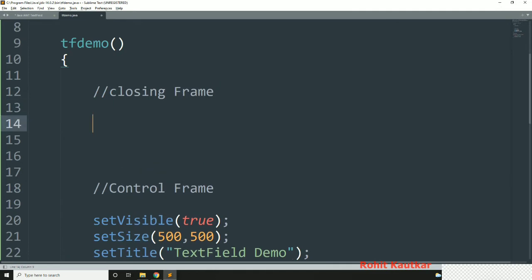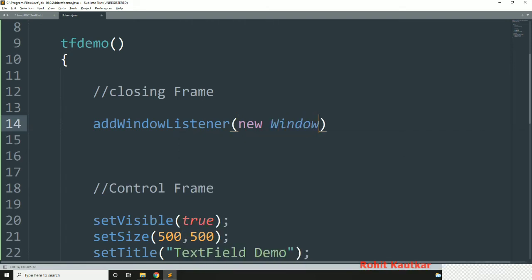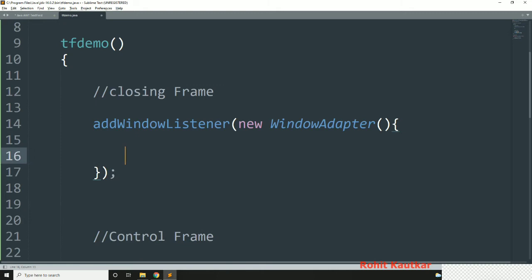For that I am going to use add window listener method over here. I will write add window listener, and it requires the window adapter class. So I will write window adapter, and over here we will implement the window closing method.